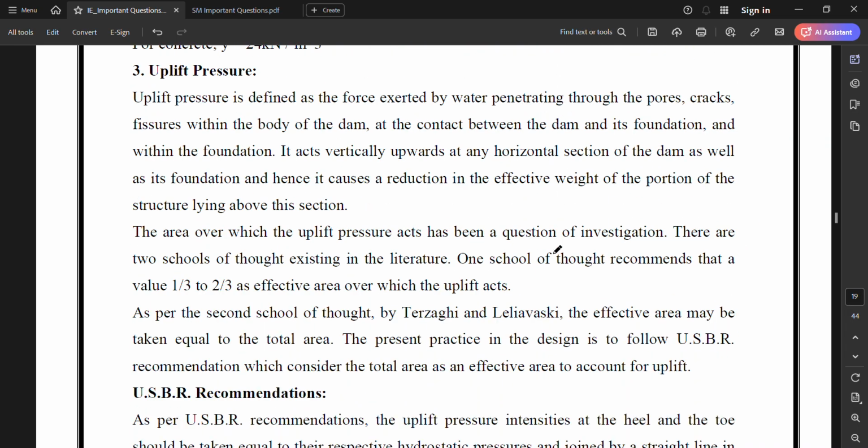Third is the uplift pressure. Uplift pressure is defined as the force exerted by water penetrating through the pores, cracks and fissures within the body of the dam, at the contact between the dam and its foundation, and within the foundation. It acts vertically upward at any horizontal section of the dam as well as in the foundation, and hence it causes a reduction in the effective weight of the portion of the structure